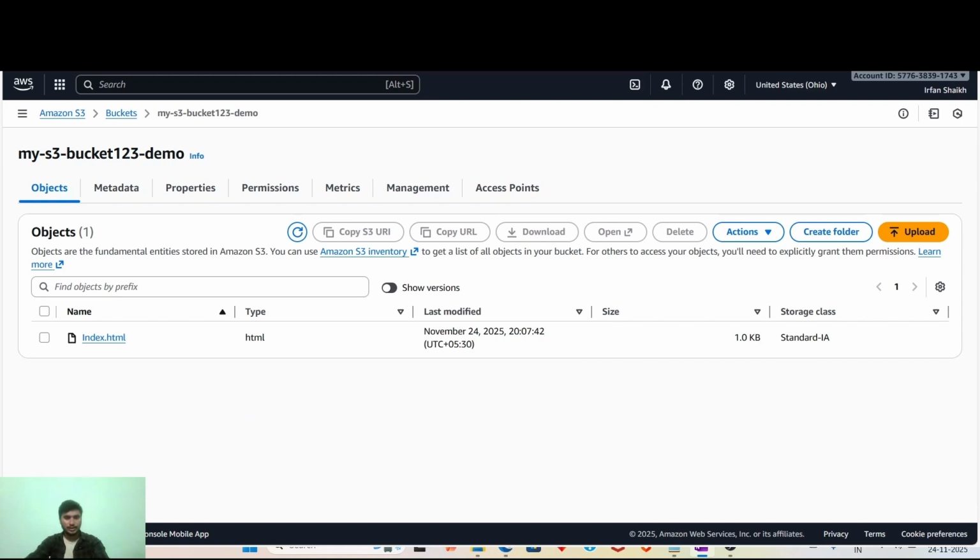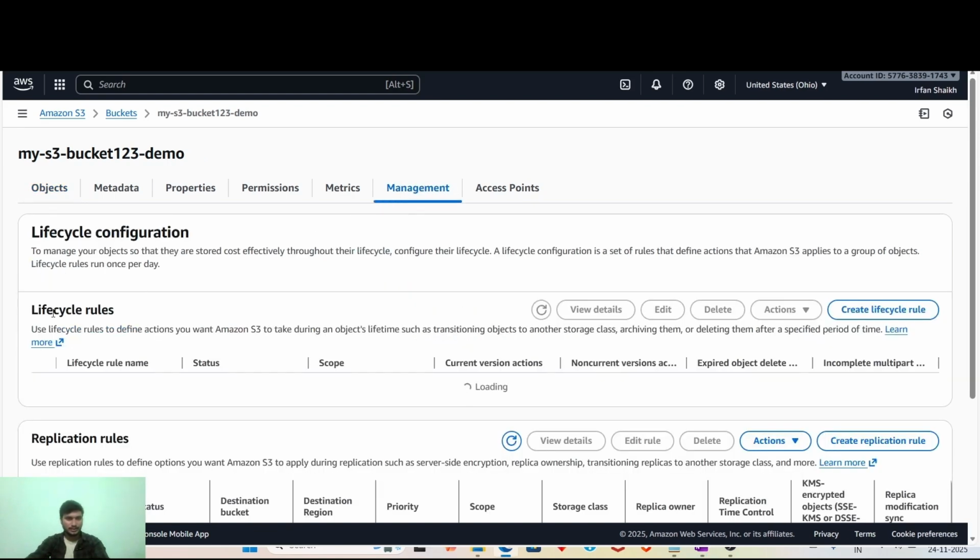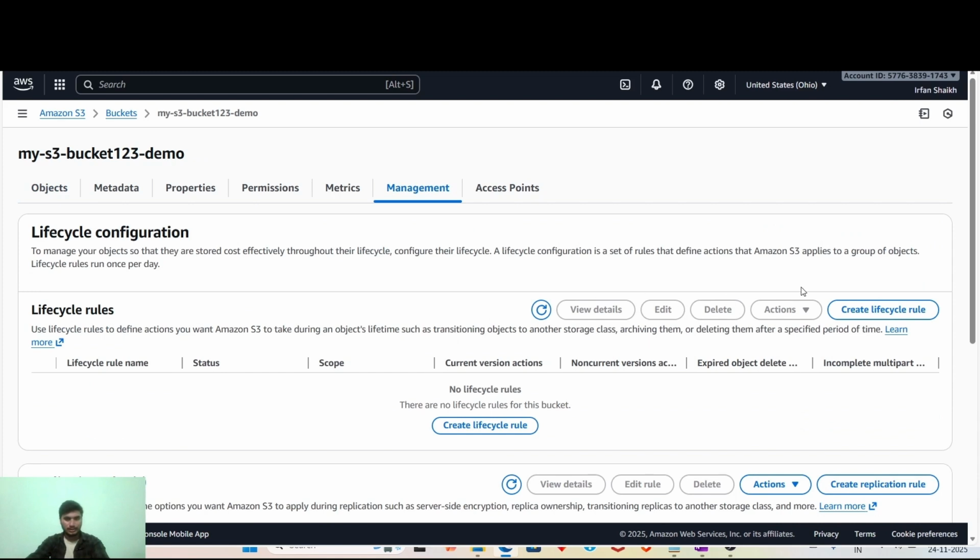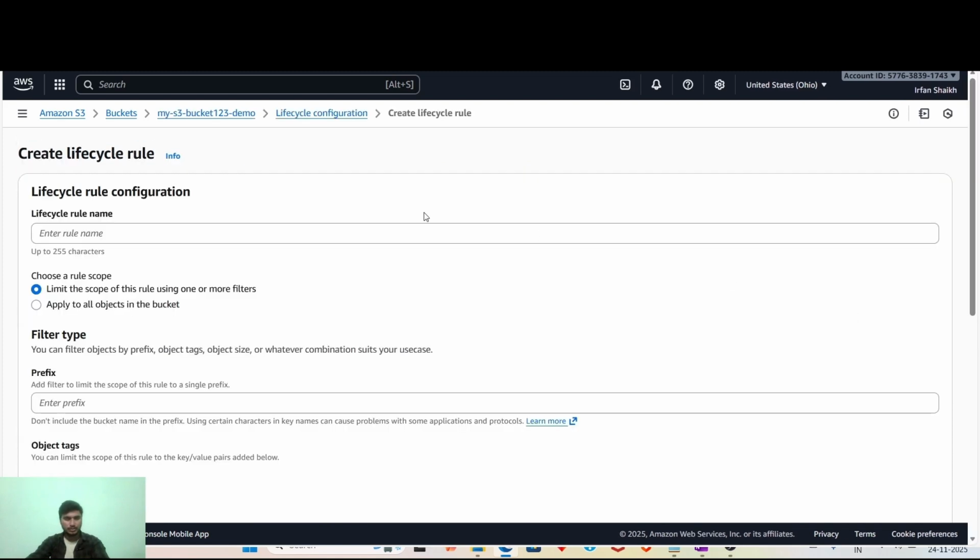And in our PPT, we also have seen the lifecycle rule. Lifecycle rules help automate transition between storage classes or delete old objects after a specific number of days. So let's create a lifecycle rule. Click on Management, then you can see here the lifecycle rule, then Create lifecycle rule, then give the name. I will provide a name here,